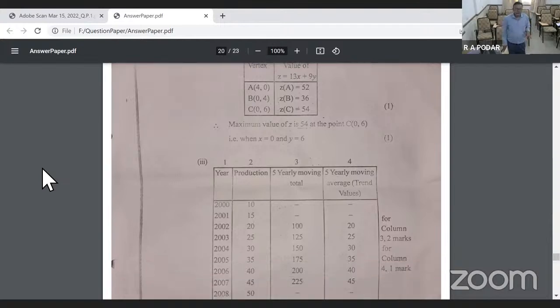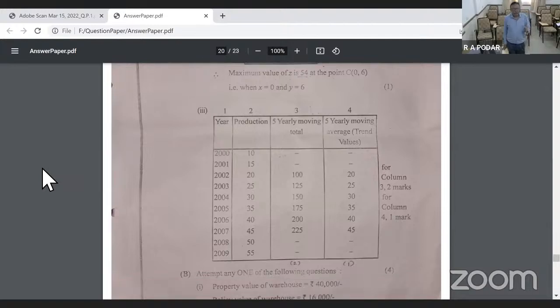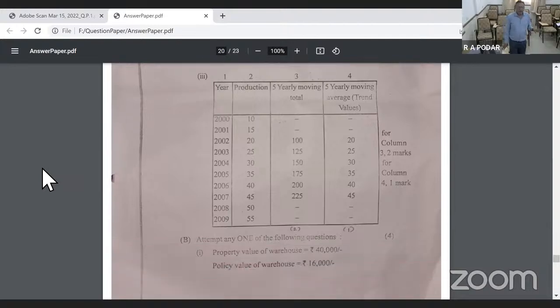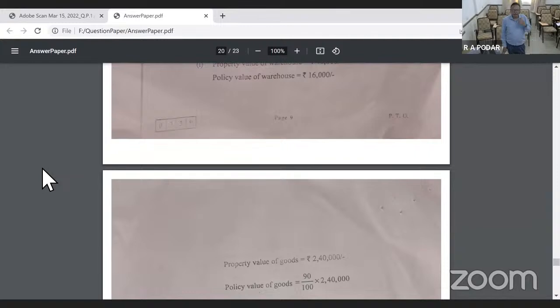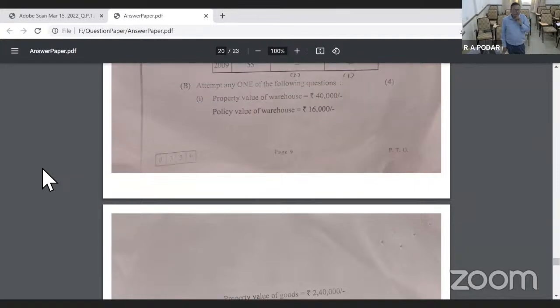So this was the 5-yearly moving averages. So this question may be repeated this time. So you may be a lucky one. So 5 years you have to take the 5 years totals and divide by 5. Okay, this was only 3 columns you have to prepare. So next question is there,